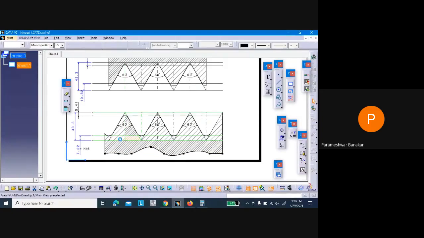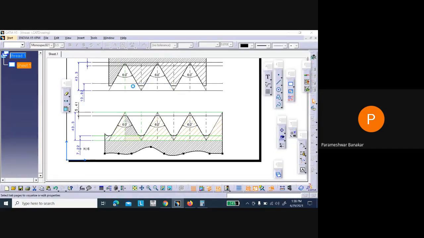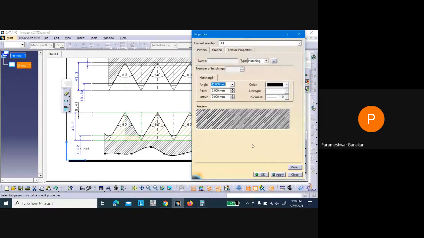Okay, let us see. We'll hold the control button, select, and try to change the pitch together. Whether it will happen or not, we'll just try. If it happens, that's good. Properties, pitch 2. Yes, it's coming.